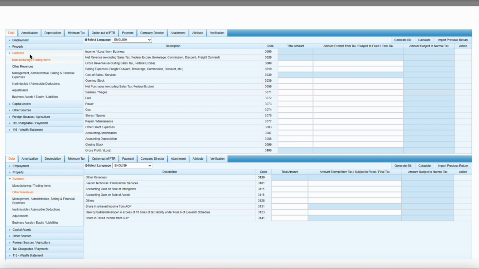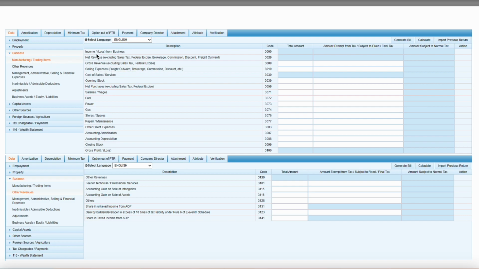We will shortly see the definition of business as given in Income Tax Ordinance 2001, and in that definition we will see whether rental property income should come under the head business or be declared under property income, and what other incomes should be declared here. So here you can see it's saying manufacturing trading items,